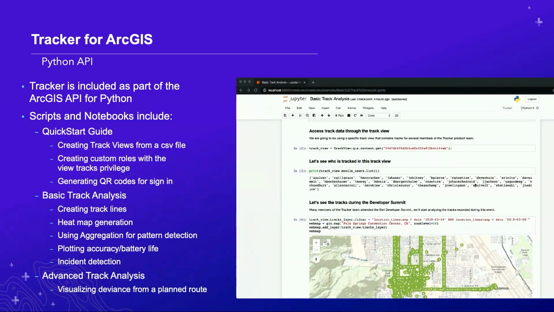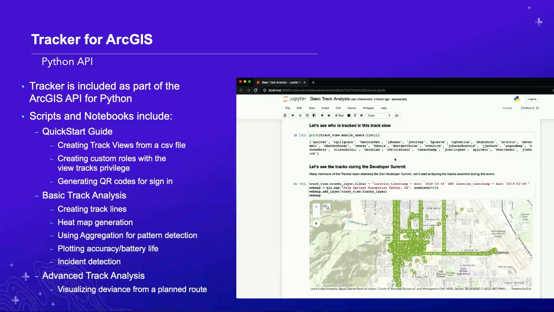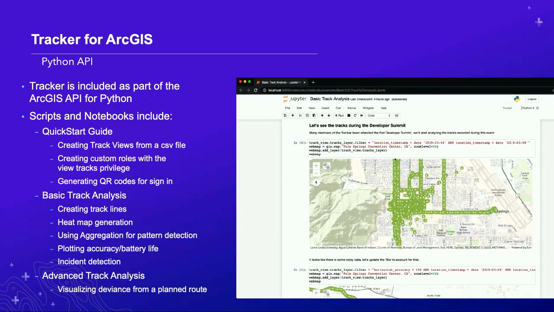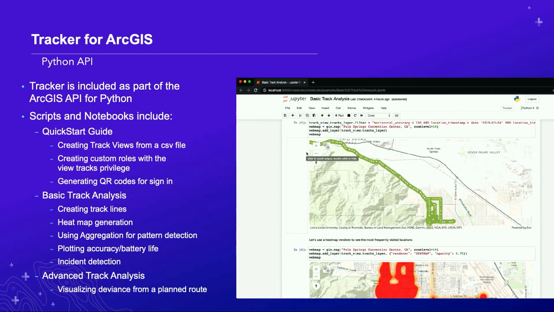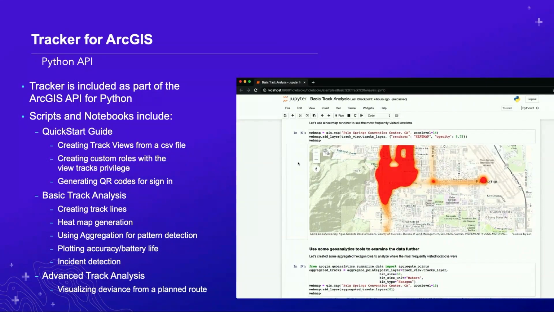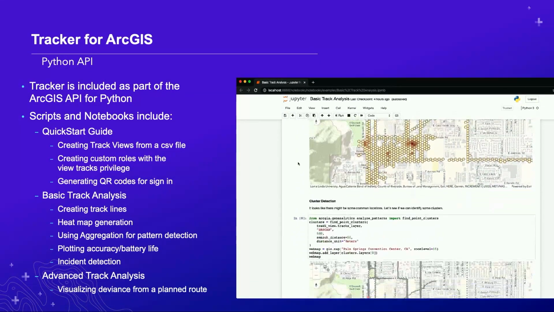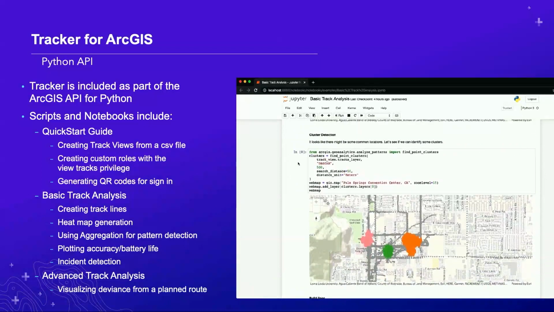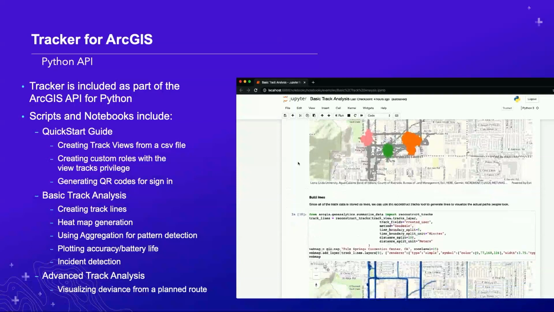So the other aspect to Tracker overall is that Tracker is a part of the ArcGIS Python API. So you can see here, I'm just scrolling through some of the capabilities. There's a GitHub repo. I'll show that in my very last slide, how to get to it. That includes some scripts and notebooks. This specific notebook that I'm scrolling through has a quick start guide